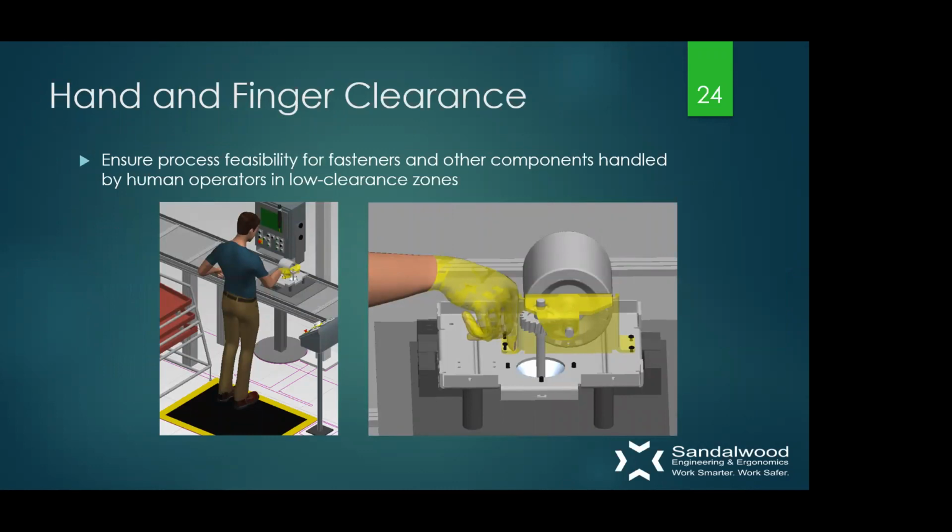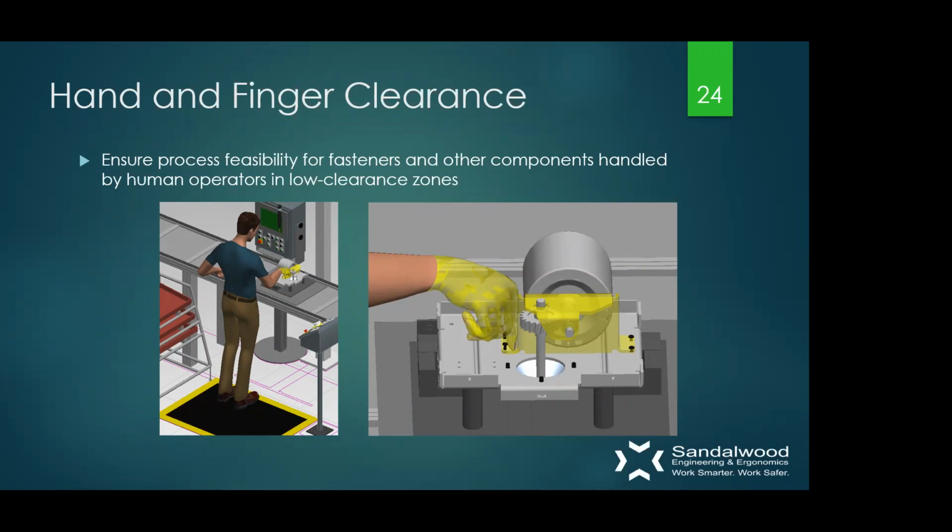The other big one that we really go through is hand and finger clearance. So as John showed with some of his simulations, there is a robust collision detection system built into Process Simulate here that doesn't just apply to product or CAD to CAD objects here. We could also utilize this to identify collisions or near misses for the human as well. So we were able to capture just the hand geometry of this human, look at the design of our product here, and look at if there was enough finger clearance for that operator to hand start this bolt prior to using a rundown tool. So we were able to posture that hand, really dial that in